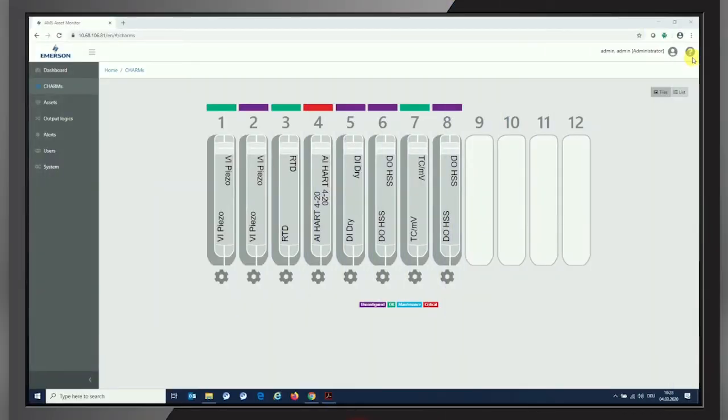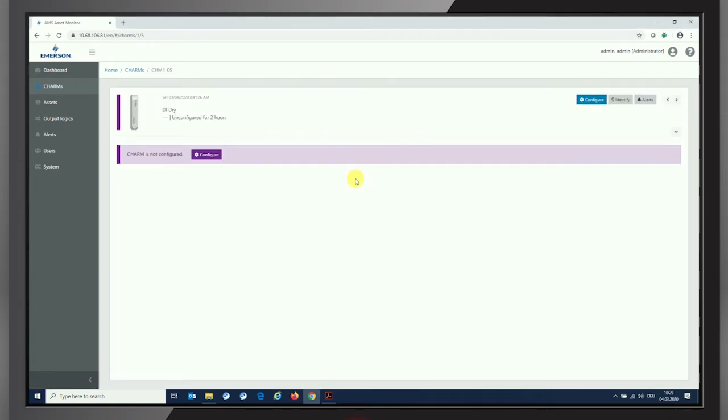Hey, I'm Matthias Neu, and I'd like to describe real quick how to configure a digital input charm for the AMS Asset Monitor. For doing so, as we're already connected to the AMS Asset Monitor box and move to the charm section, we can easily click on the charm itself, which is the digital input dry contact charm, and